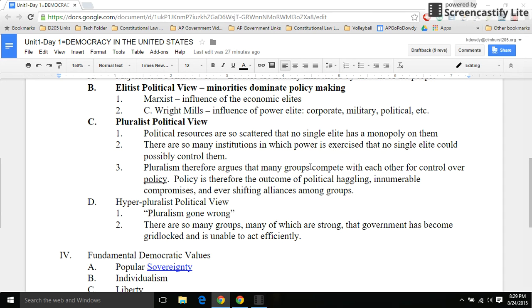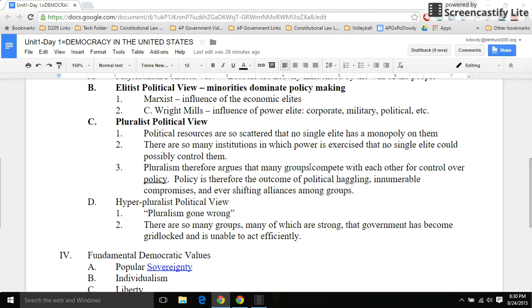The hyperpluralist political view is that there are so many groups competing for influence that nothing gets accomplished. And unfortunately, I think you see this to a degree in our political system, especially today. We have so many groups that have influence, some more than others, but all of them have some influence for the most part. And whether it's influencing one member of Congress or many members of Congress, they do have a